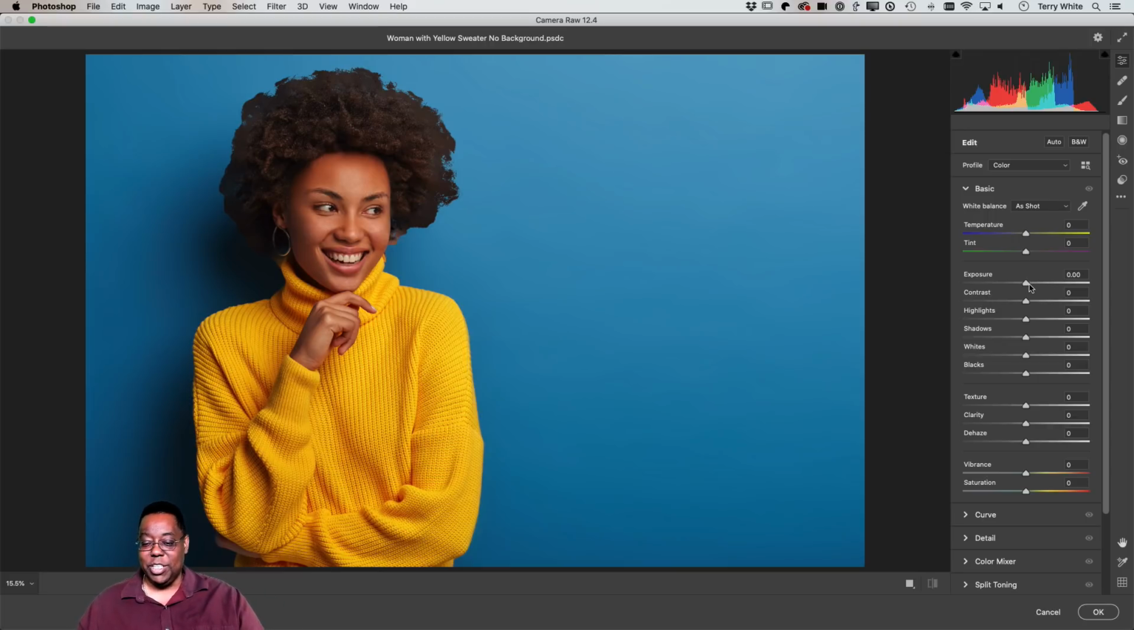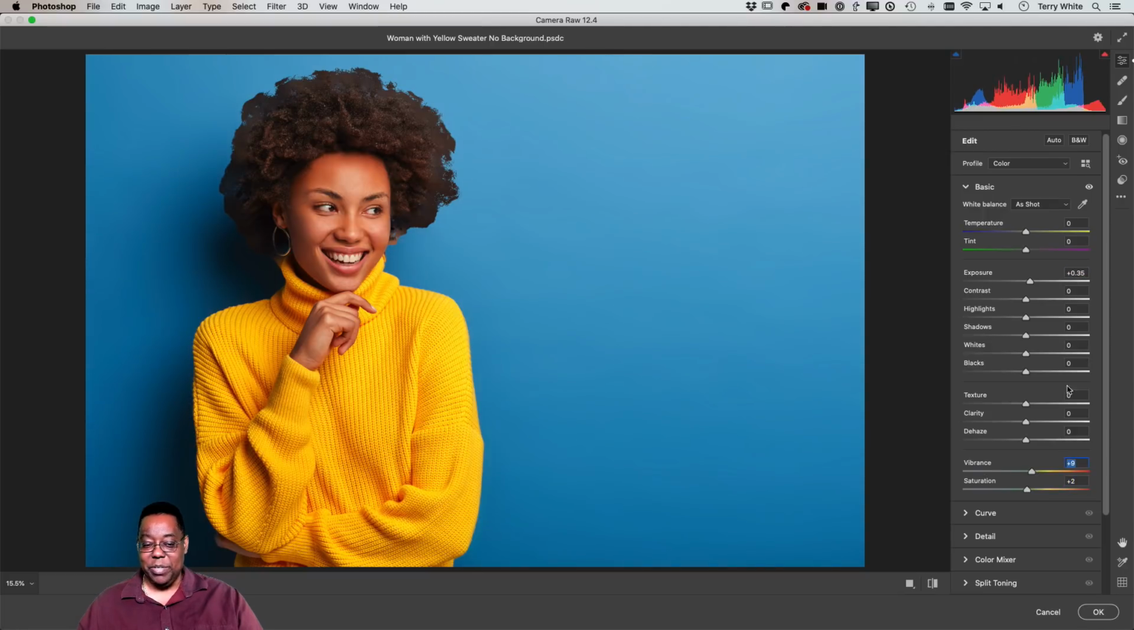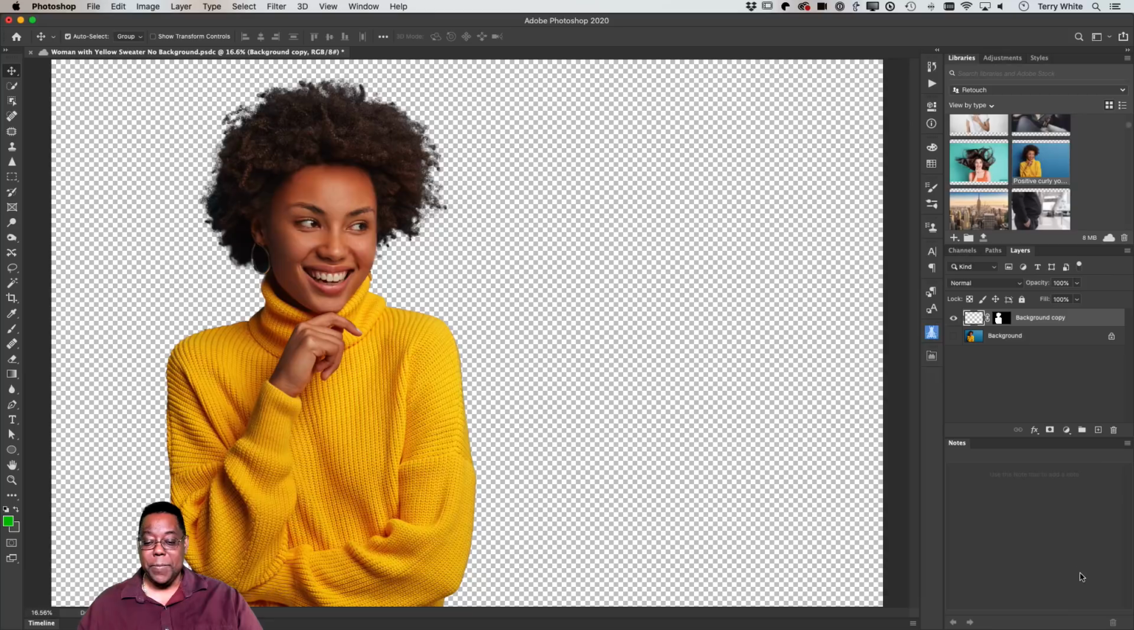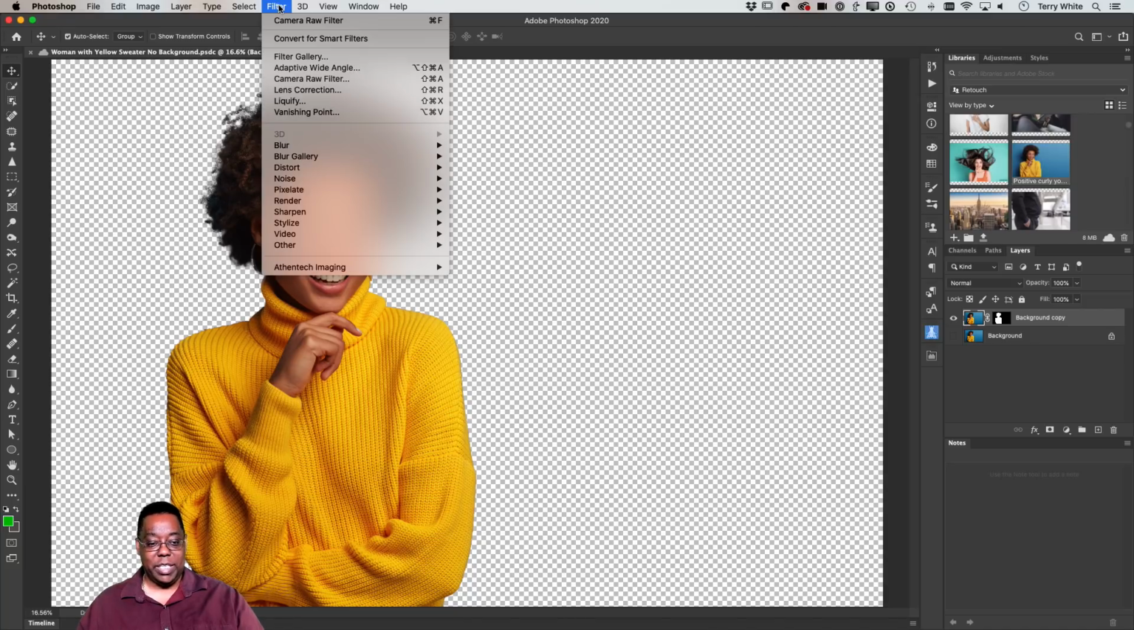So if I just wanted to adjust the exposure, rather than figure out levels, I can just adjust the exposure. If I wanted it a little bit more saturated, I can bump up the saturation or the vibrance. Now, if I click OK, technically I've done those things permanently to the image. Let's undo that. And let's first run the next bonus tip, a convert for smart filters,